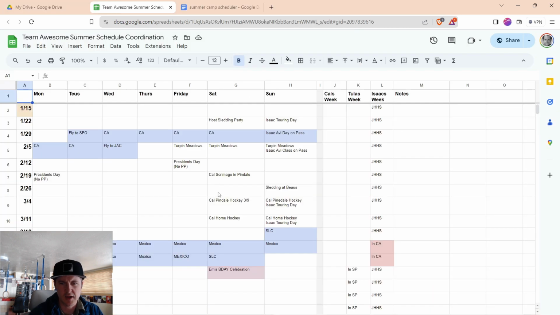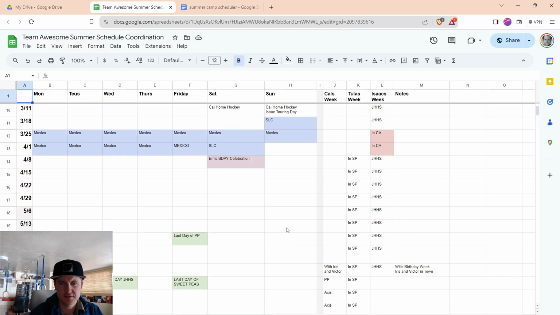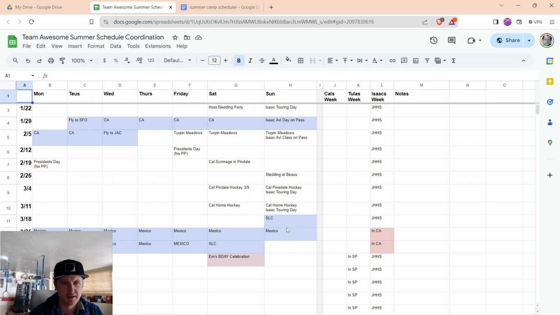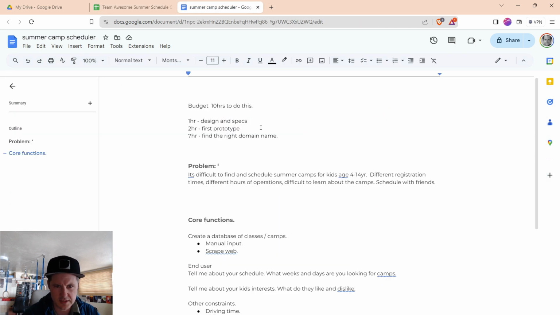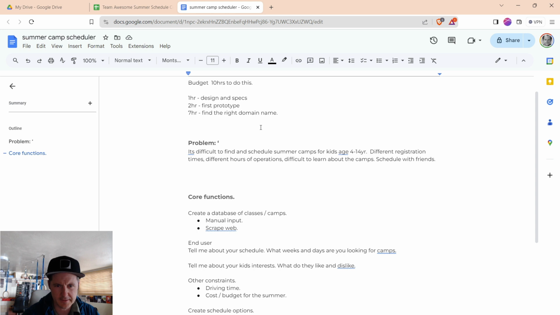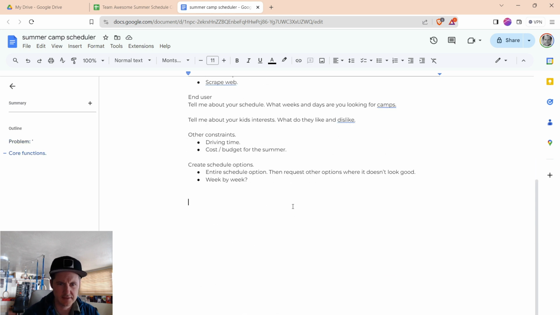This is what I use now, trying to plan every day and every week, but it's not ideal. Ideally, it would be every day, so I could see a daily schedule, and I'd just be switching in and out camps. I'm just lazy. Okay, so I'm doing the design and specs. And then how can I test it?